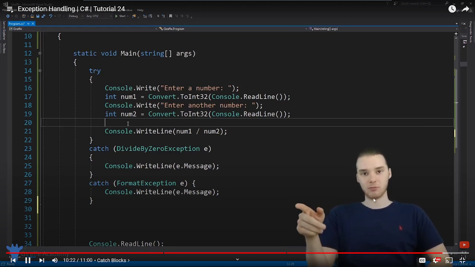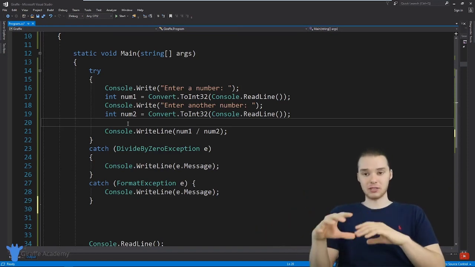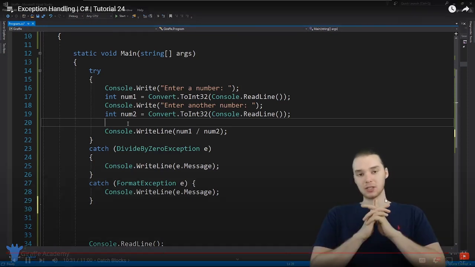Before, this was a very fragile program. If I entered a letter instead of a number, it would just crash and burn. But now we're actually able to handle all those different situations using these try catch blocks. So these are extremely